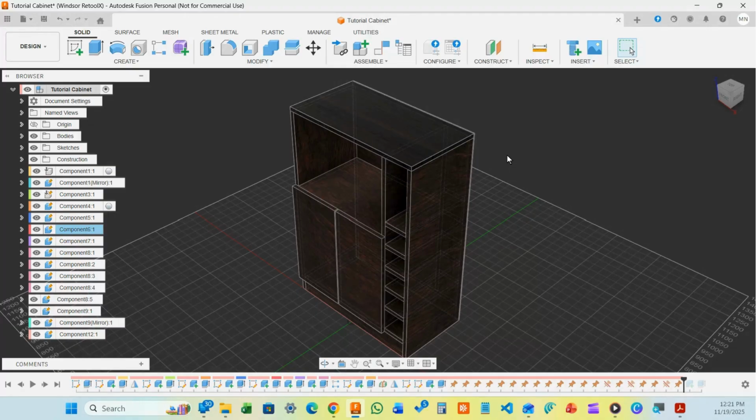But maybe there are other ways that we can work around it, and as soon as I figure that out, I will show you. I myself am not an expert in Fusion. I have used mostly AutoCAD, but at this point I just can't afford AutoCAD, and this version of Fusion is free. So anyway,